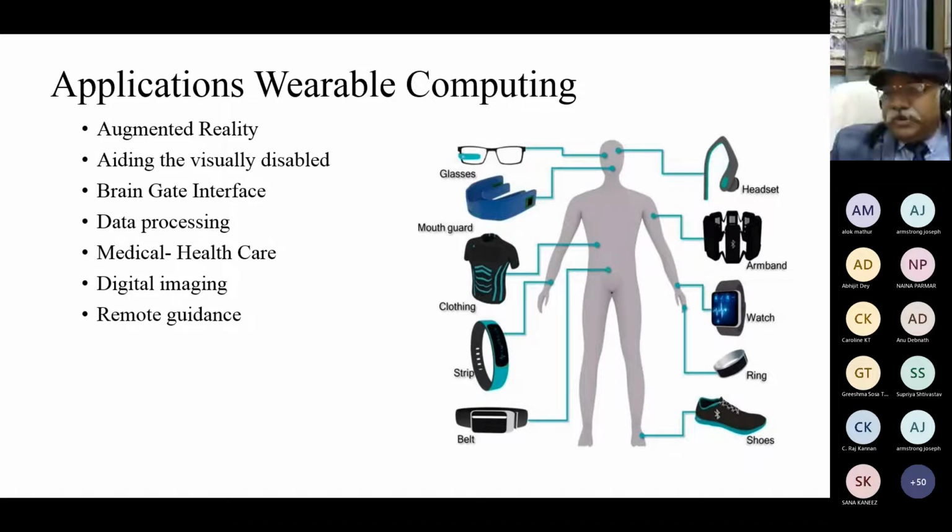So if you see in the figure also, some devices are shown here, like glasses or specs, then headset or earphone, or your mouth guard, or it can be an armband, or it can be your clothing, it can be a strip, some band, you are using a belt, you are using shoes, or you are wearing a ring or watch or anything. So there are so many